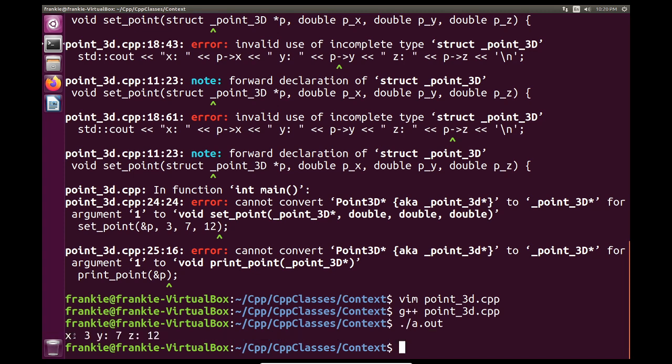I'm able to call my function. My setPoint works because it was able to set my 3D point to these three values, and printPoint works as well because it printed it exactly as I wanted it formatted. But